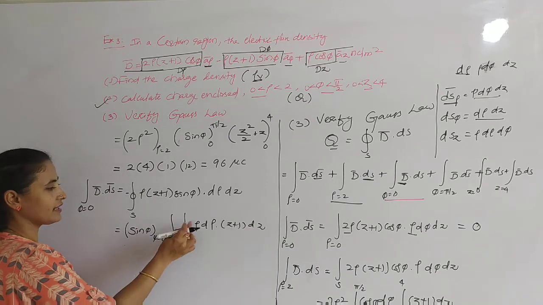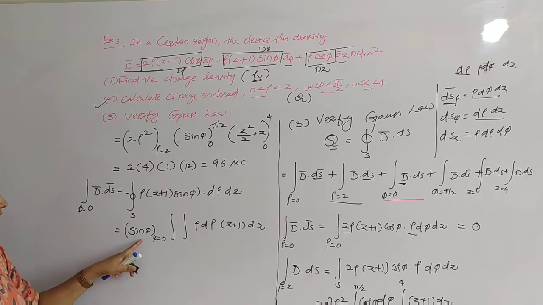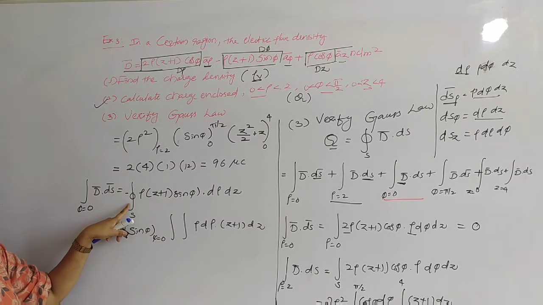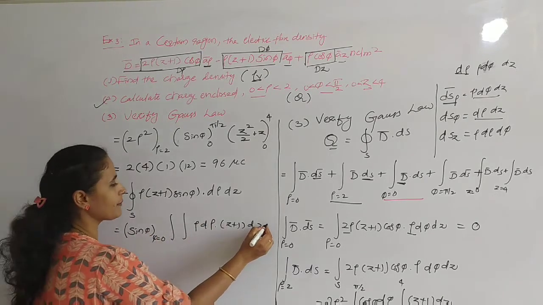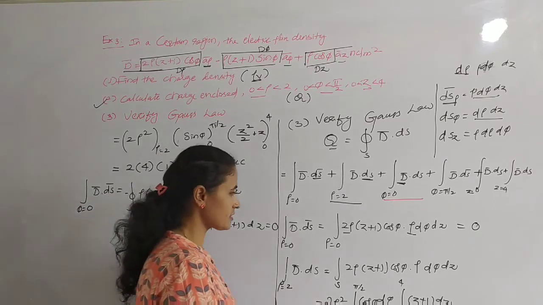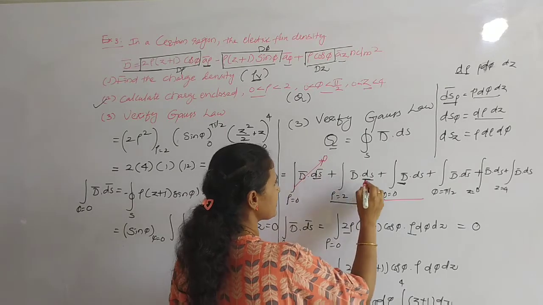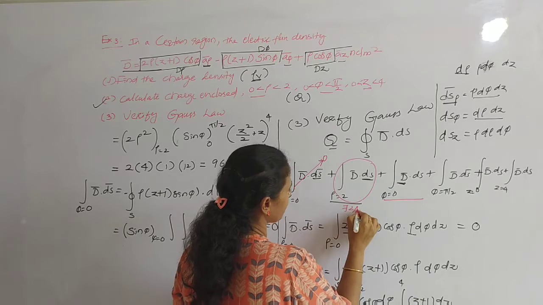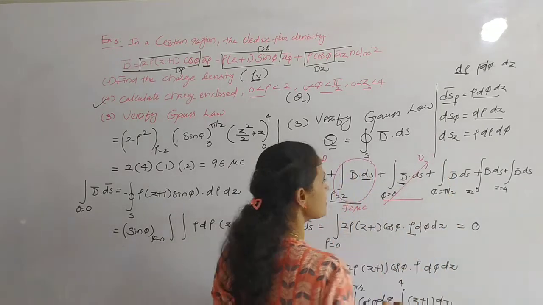Later, in the integration, we can take separate integrals of rho and z. Before that, here is sin phi, which is a constant we have taken out of the integration. Phi equal to 0 means sin phi is 0, so this whole term is going to become 0. The third term is also 0, and the first term has become 0. This value is about 72 microcoulombs, and this has also become 0.